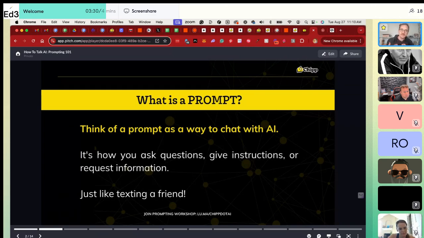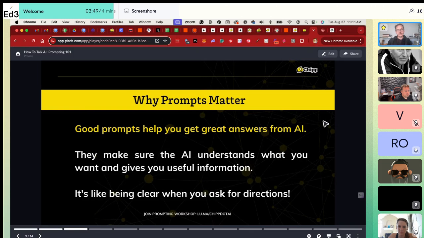With ChatGPT, you'd have to build a custom GPT, which you host on their site. You can't own it. You don't see the data. If you're using ChatGPT or Claude directly, you have to put in those instructions every time. So the reason why I love Chip is that you can find really great prompts and then use them all the time. So we're going to show you how to do that today. We're going to start by showing with the prompts how it changes how an AI behaves. So the prompt is going to tell the AI what type of information it should use and how it should